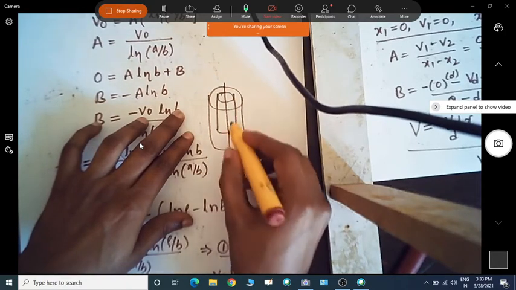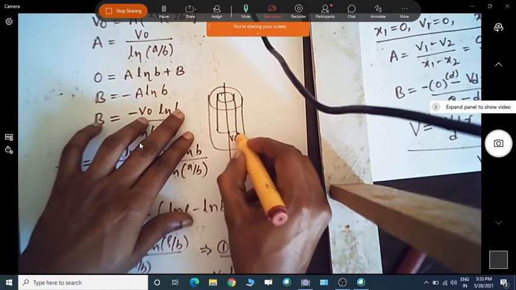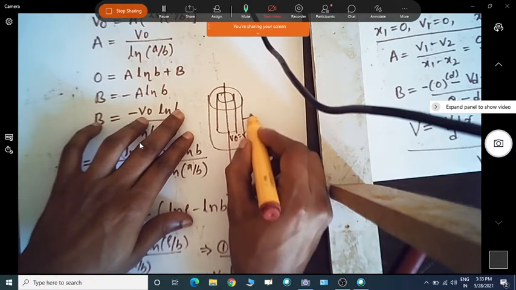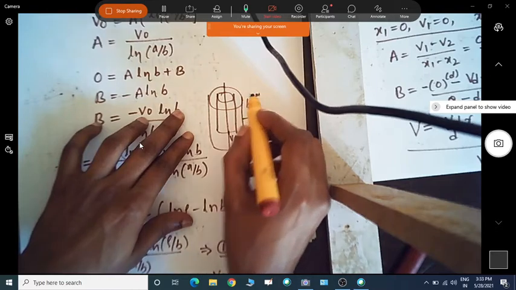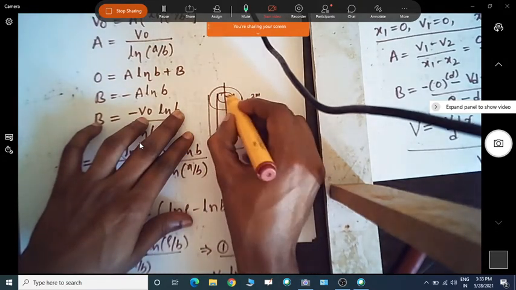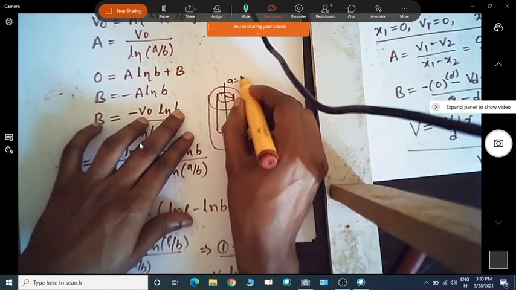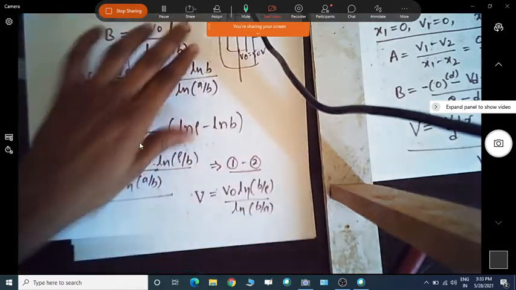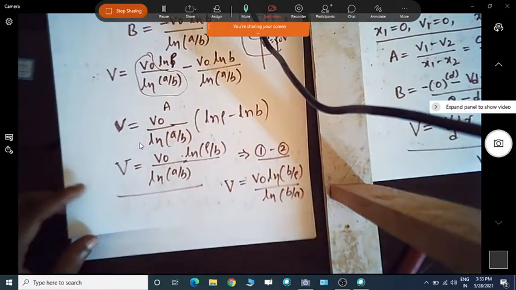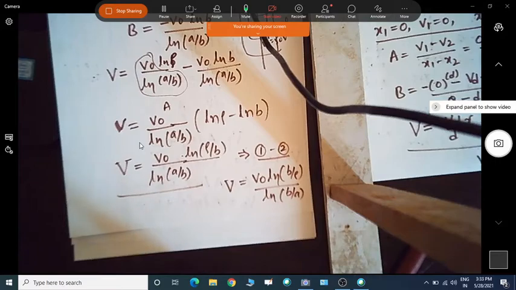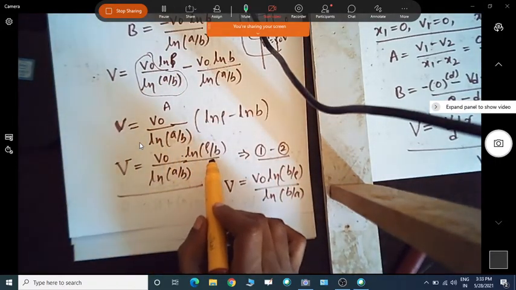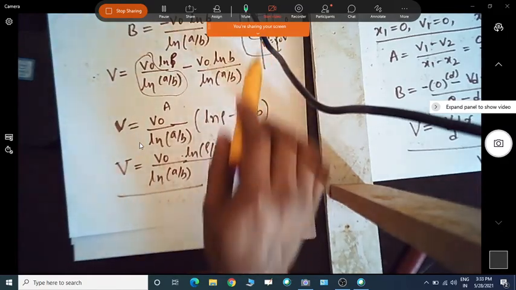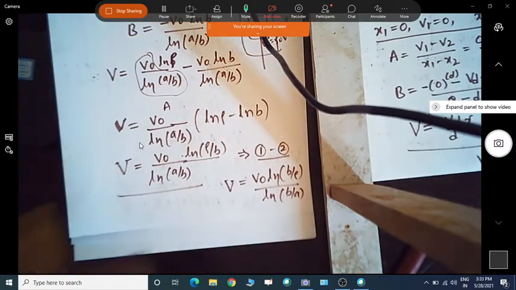Now if I take, say, V naught equal to 50 volts and the other is 0, at B equal to 2 meter, that is rho equal to 2 meter, and rho equal to A equal to 1 meter, which has V naught 50. If you substitute, you are going to get the potential function. So you need not derive all these things. If you remember this equation, whenever they give the values or boundary conditions, you can directly apply them and find the potential function.